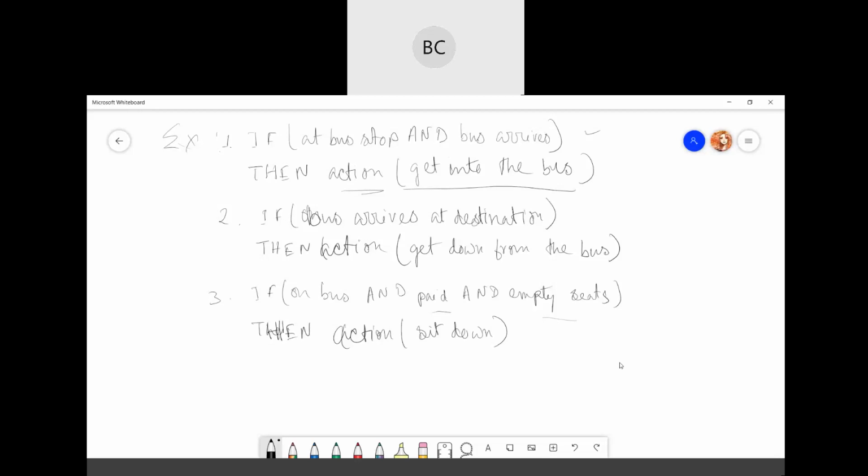Okay, what will be the disadvantage? What will be the possible disadvantage?